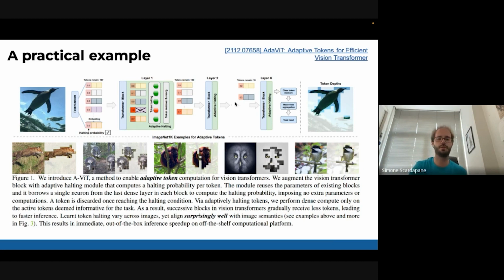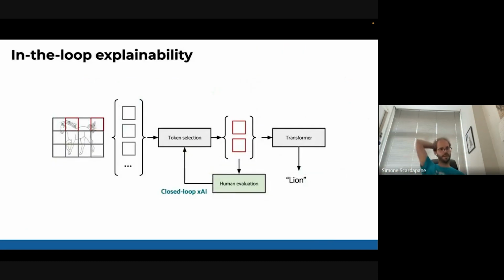Here, you don't need to do that, because you are sure that these are the interesting tokens, because those are the tokens that the network has selected and that it has used to make the prediction. So you are 100% sure that those are the important tokens for this particular prediction, which is really nice. And again, the interesting thing is that you're moving this selection not outside, using SHAP for example, but inside the neural network. So ideally, we could use it to do some more interesting things.